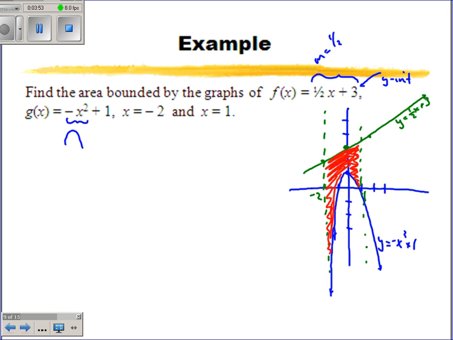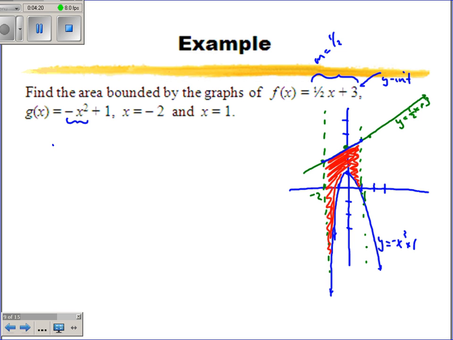Okay? So now, once you see the picture, the first thing you want to see is which function is the greatest, which one is above, and is it the same one for the whole interval from minus 2 to 1. And if you notice, starting at minus 2, the line is above, and coming all the way up until we get to where the x is 1, the line is still above the parabola. So when we set this area up,